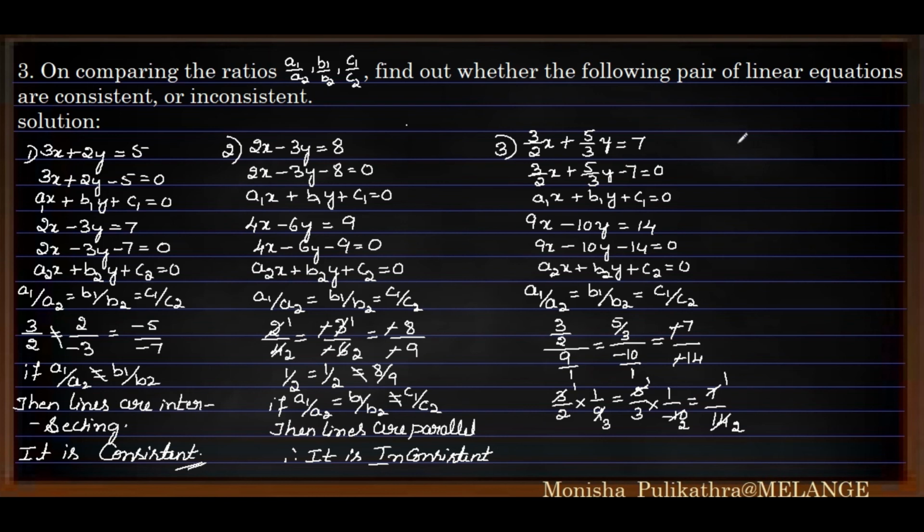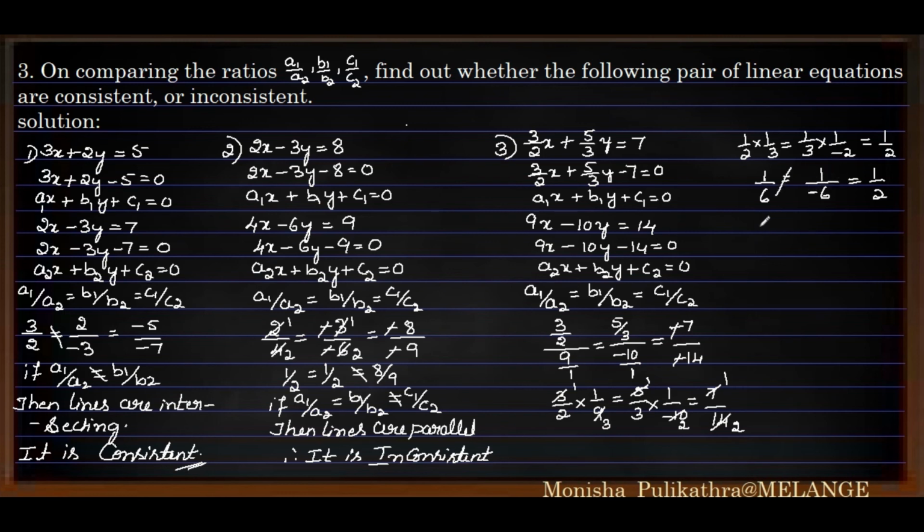The remaining is 1 by 2 into 1 by 3 is equal to 1 by 3 into 1 by minus 2 is equal to 1 by 2. So 1 by 2, 1 ones are 1, 2 threes are 6, is equal to 1 ones are 1, divided by 3 twos are 6, a minus is there, so put minus here. Next 1 by 2. Here 1 by 6 is not equal to 1 by minus 6. Okay, it is not equal.